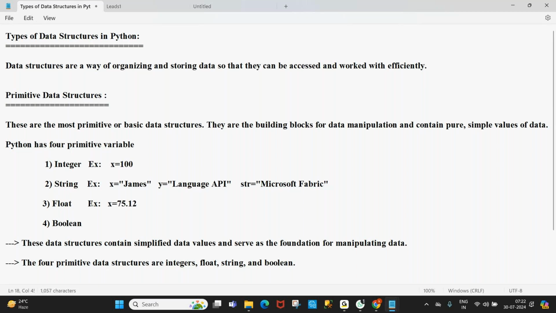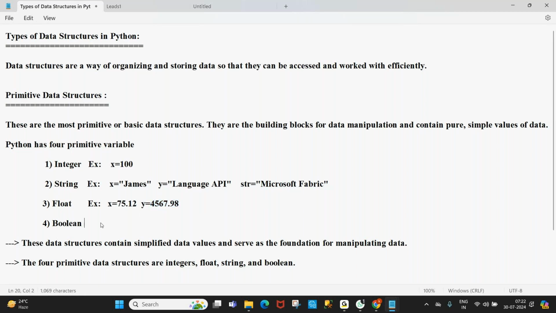Float is nothing but a decimal. Declare one more variable equal to another decimal. These are floating point numbers or decimals.